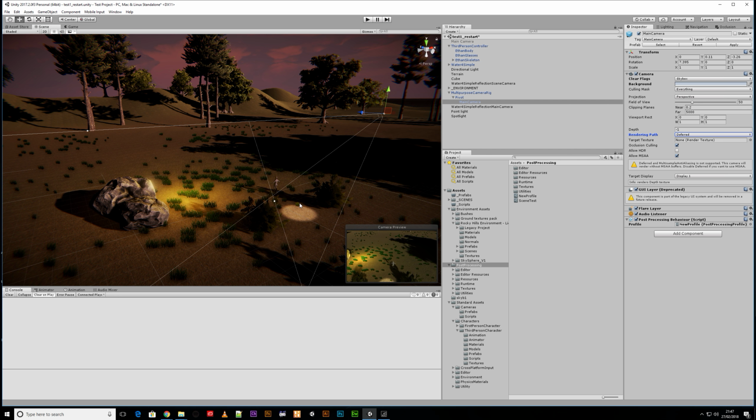It's taking a different calculation for the path of light rays through the scene. People will often say change to deferred, but if you do, then you've got to disable the MSAA anti-aliasing. It's also recommended to turn on HDR so that you're optimizing the lighting, and